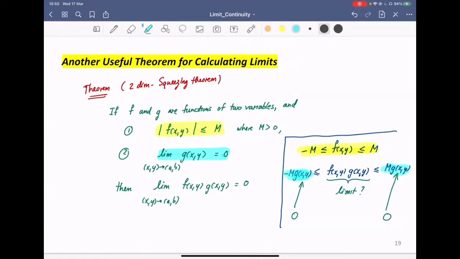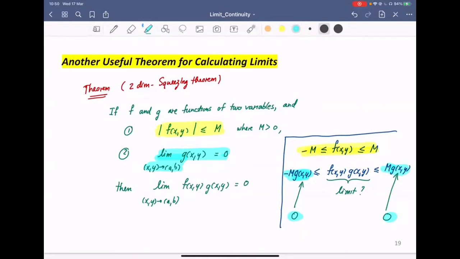So the limit on the top squeeze and the bottom squeeze are both 0. So it's going to force the limit of fxy times gxy to be 0 as well. It looks abstract, but it's so helpful when you do the examples. So you can see the idea is similar to the squeezing theorem in 1 dimension, but we just extend it into